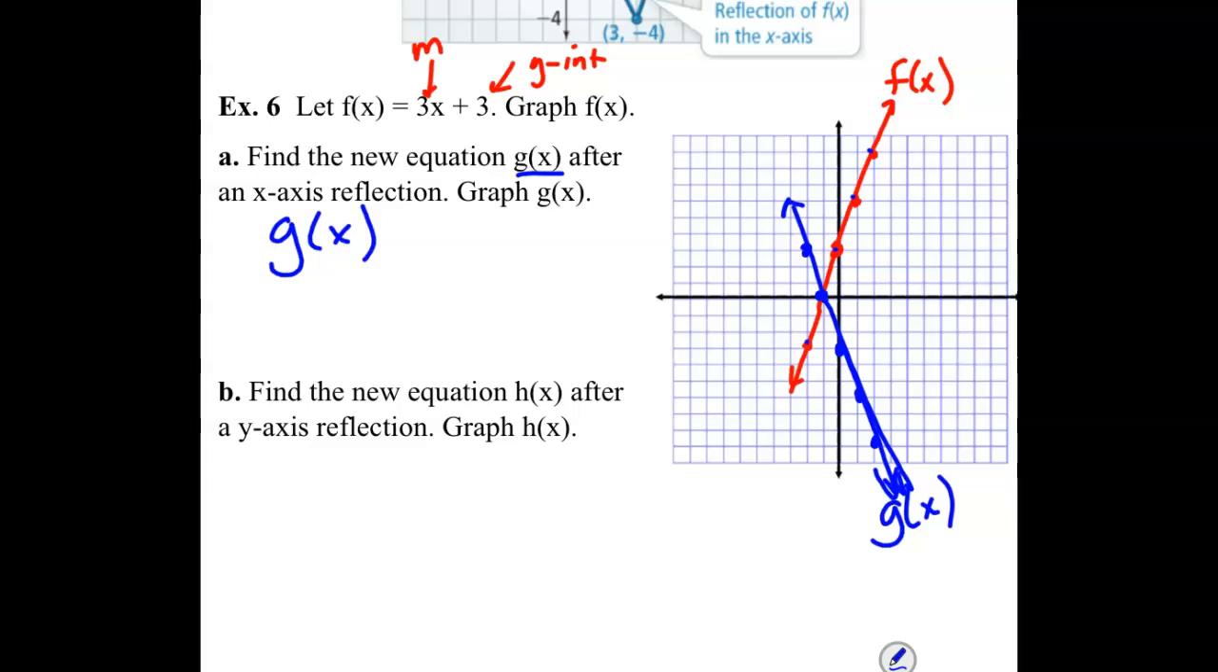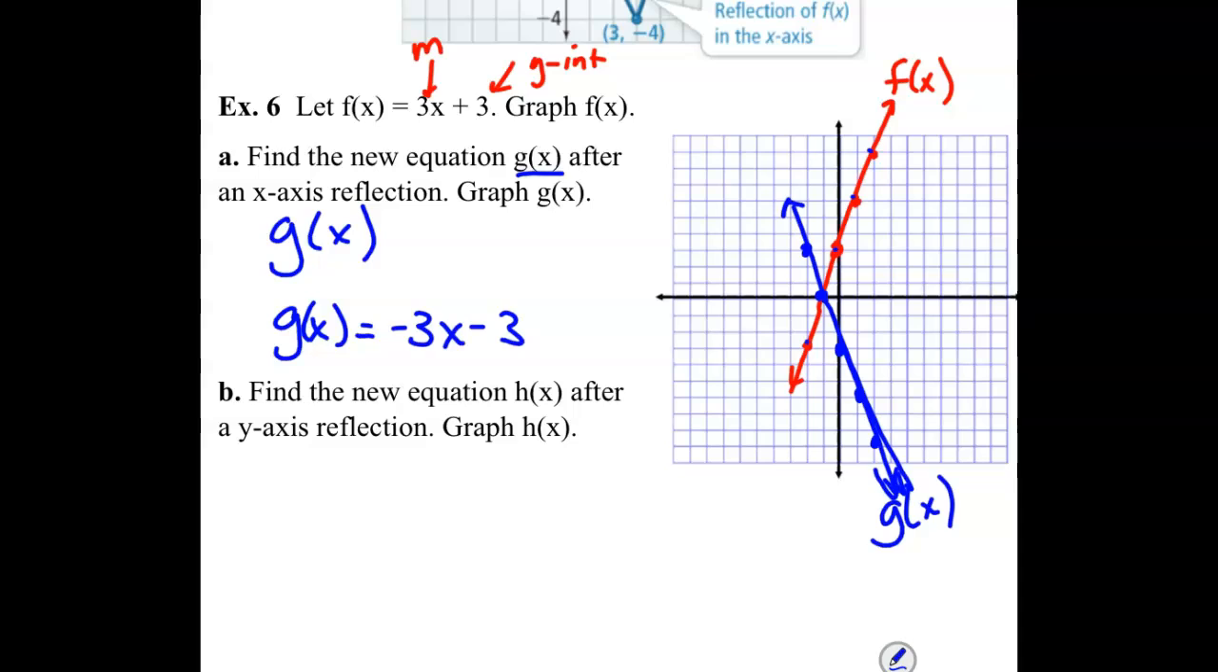If I asked you to tell me an equation for that line, what would you tell me? g of x equals, what do we know about its slope? Slope is -3, and its y-intercept is -3. I want you to be able to do that without graphing it. I want you to be able to tell me what that new equation is without having to put a graph